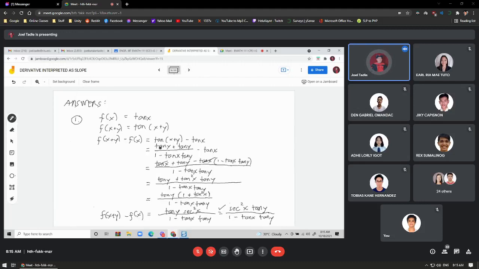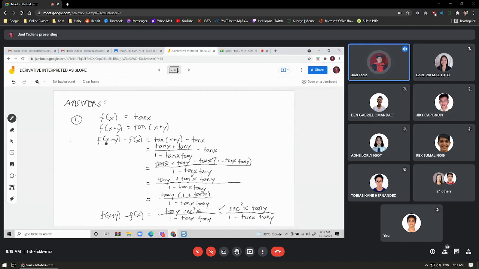Solution for number 1. So this is the given, f of x equals tangent x. So by analogy, the function of x plus y is also equal to tangent of x plus y. So if you are going to substitute these values to the left side, or the left member, of the given equation,